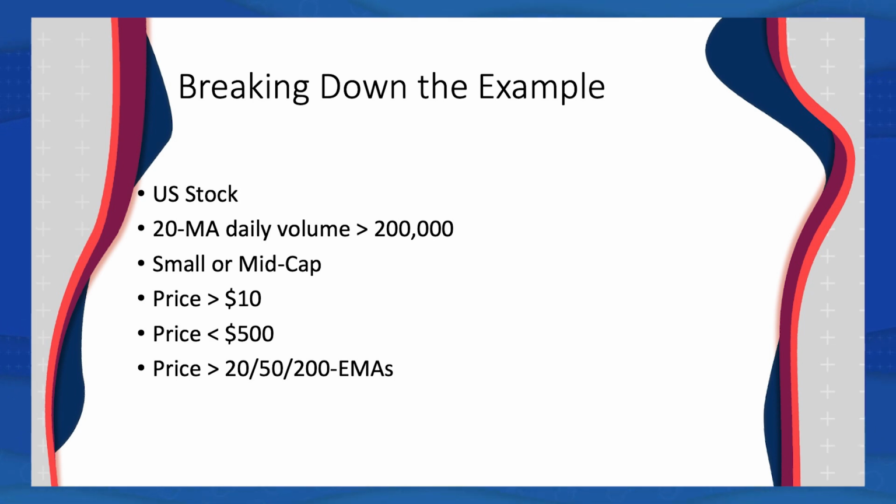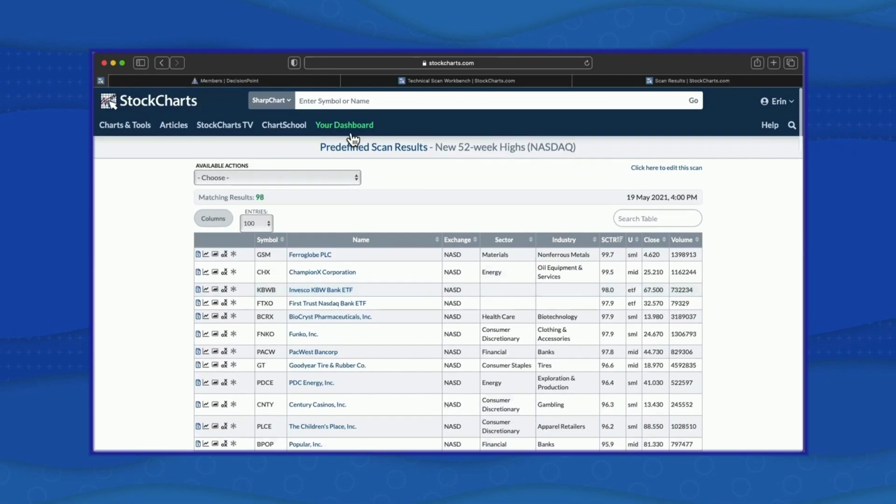So the first thing is, we want to know that it's a US stock. We want to know that its volume is more than 200,000. So we're putting this in our scan code right now, just by breaking it down. Price should be greater than 10, price should be less than 500, and price should be greater than these EMAs. So, oh my gosh, where do we start? Well, let's go back to our scan